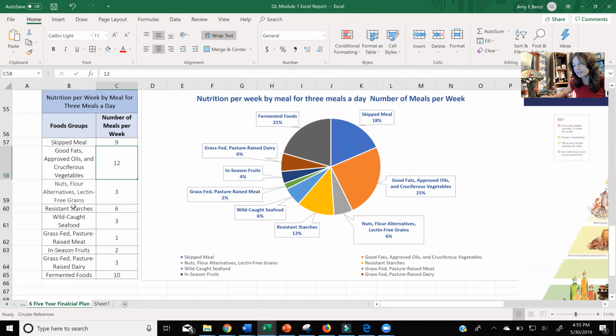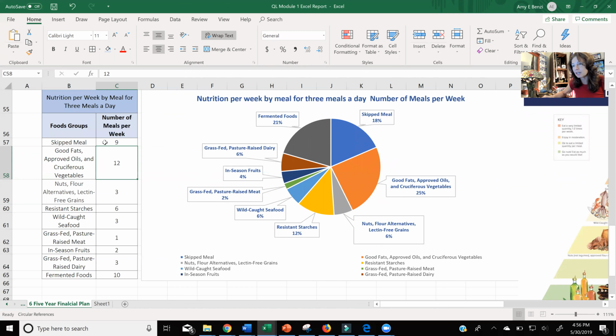Also, I have created a nutritional chart here. I put in the food groups that I eat and how many servings of that I have each week. I did mine by a week because I don't eat the same way every day. So I just thought meals by week would be good for me. You guys can do grams per day. You can set this up. This is yours. I want you to set it up how you want to. So you can Google different nutritional charts and see what other folks have done. This is what I chose to do.